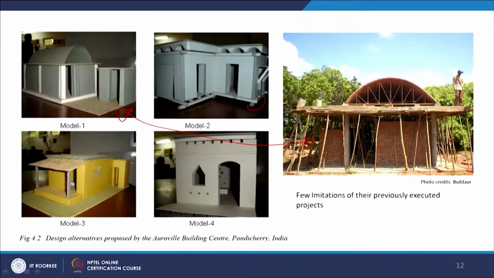Maybe the architect has worked on a similar project, which is the real project. So with a terracotta roofing structure, he may have simplified this as a module and proposed it as a kind of universal solution to develop a village or a cluster, whatever it might be. So here one can see an architect, as a professional, trying to take imitations from what he has already done.